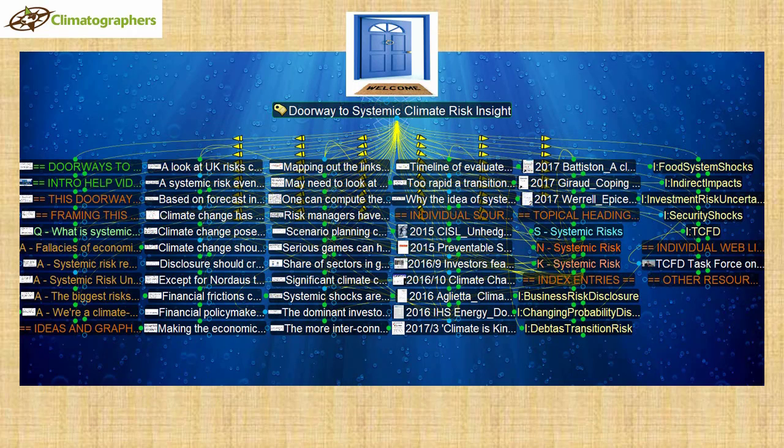This doorway explores the topic of systemic risk when it comes to climate change, a topic of growing importance, for example, to investors. With the climate web, we're also not limited to this doorway for systemic risk. We can easily structure a Systemic Risk 101 doorway, 201 doorway, and a 301 doorway, each responding to the actionable knowledge needs of different user groups. And we can do that for literally any climate change topic,